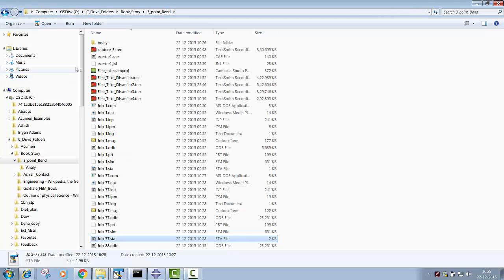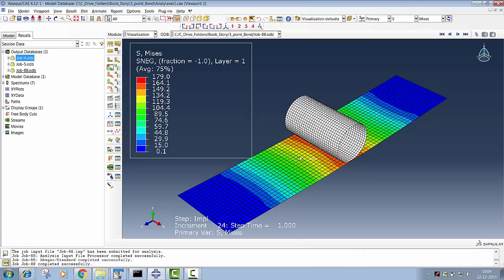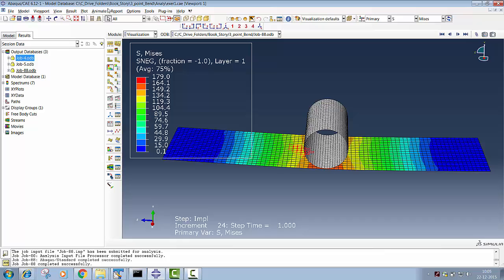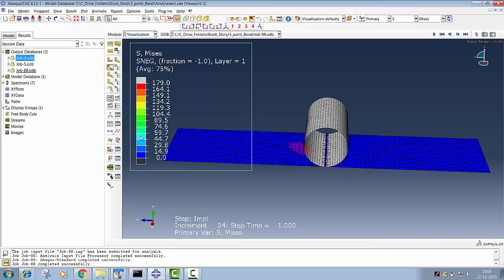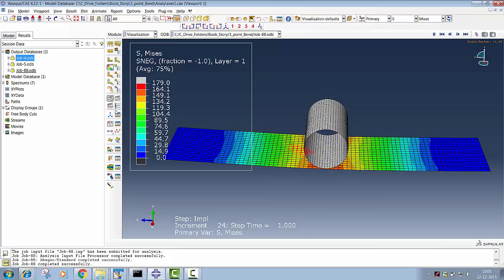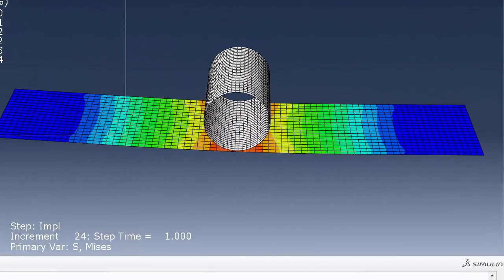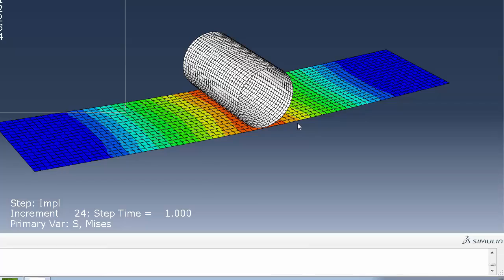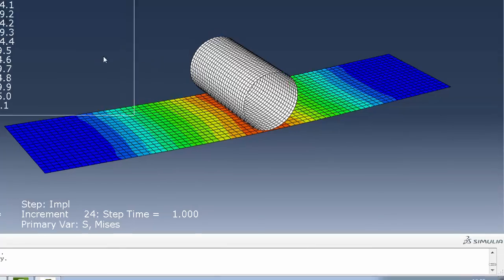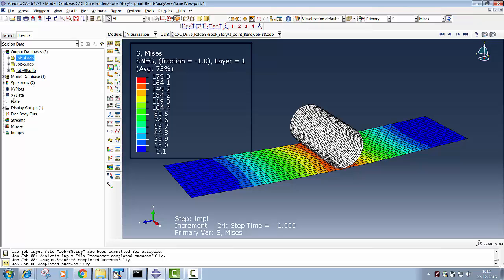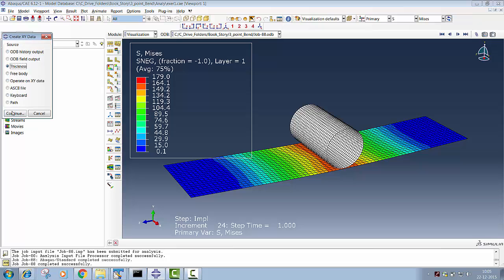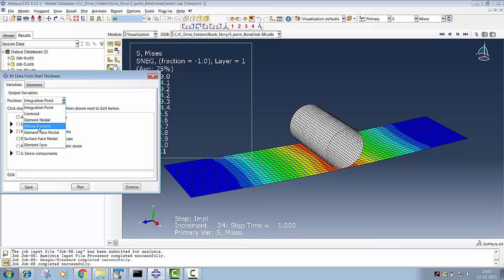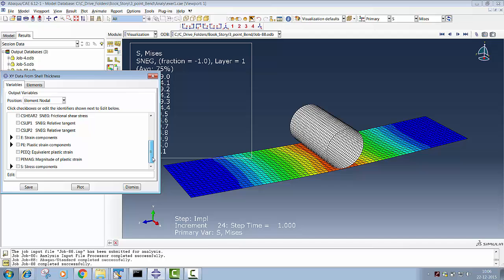So now I will load the result. So here it is. You can just animate this as well. We will be interested to see the bending stress across this thickness of the dissimilar plate, that is the aluminum and the steel layer. So for that what we can do is we go to XY data, say thickness, okay, and here you select the element nodal, and in element nodal you select S22,